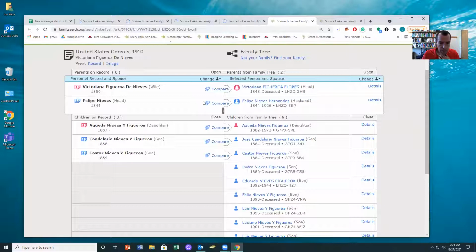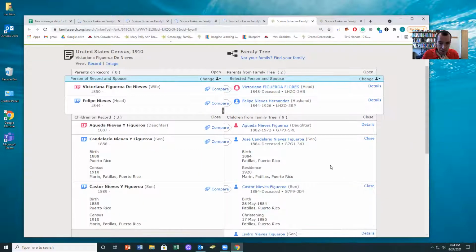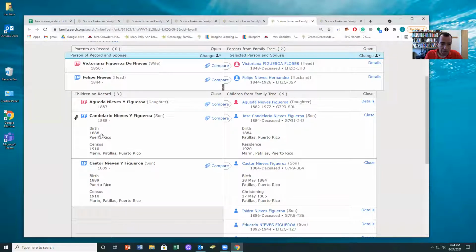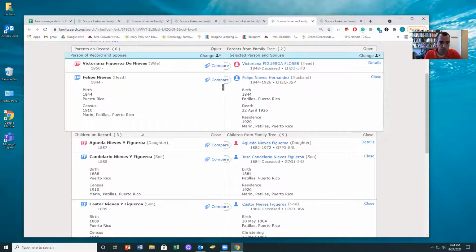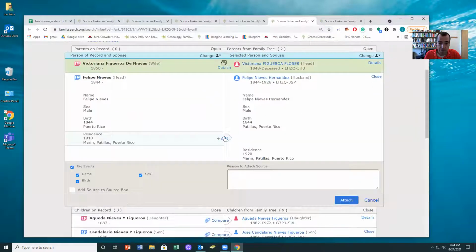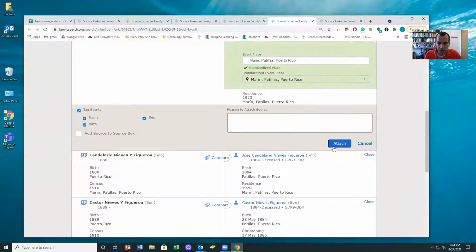So you can see a lot of these are really good matches, though just always be mindful that birth years are often off by a lot. You can see that this family is a fantastic match, even though some of the people have birth years that are off by 4 or 5 years. The reason we know it's a great match is because all of the family members are lining up, and we can also see that we have them living in Marin in 1910 and also in 1920. So even though individually each person might have some things that are off, we're looking to see if the whole family is a match, and then we're going to attach them.